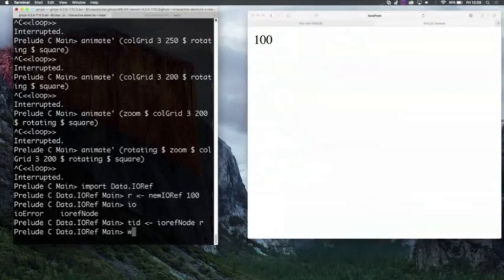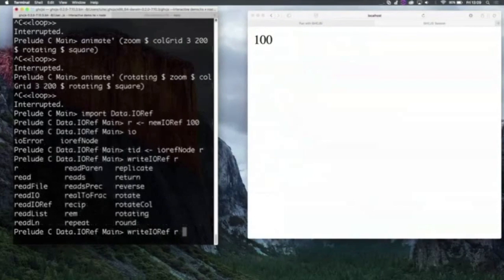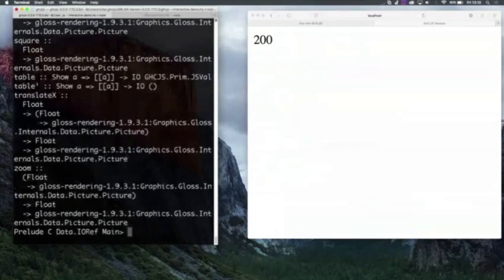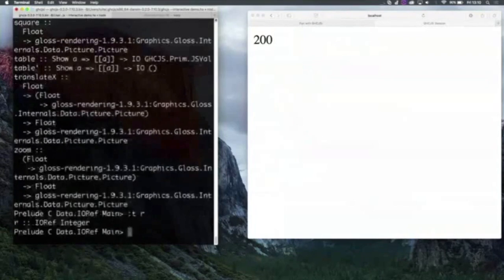So if I do, I think it's the ref first, and then it immediately updates it. So if I browse or get the type of my R, then or get the type of my thread ID,